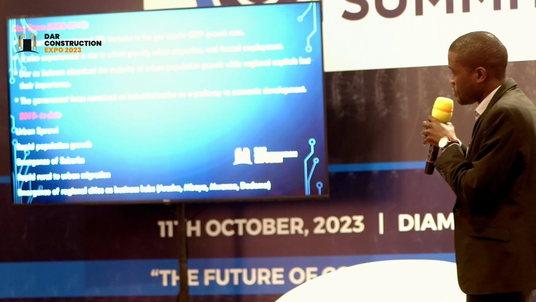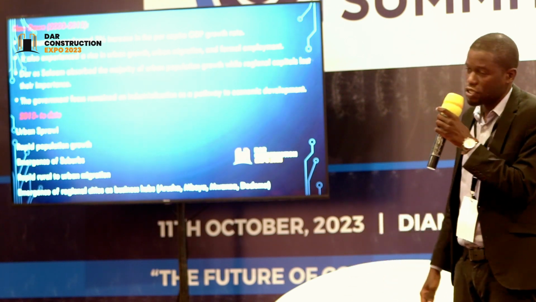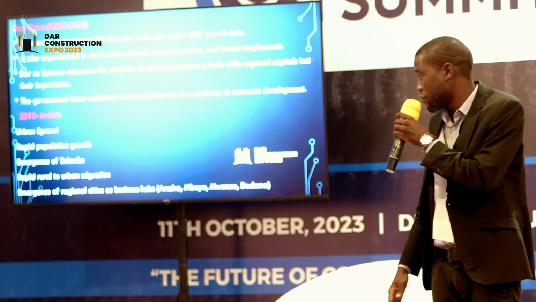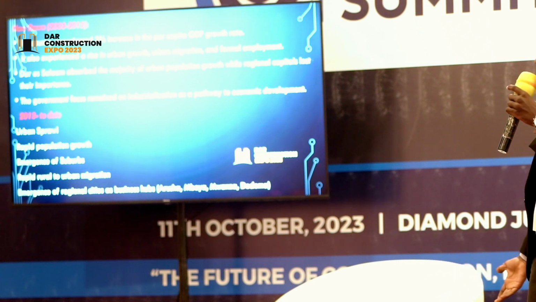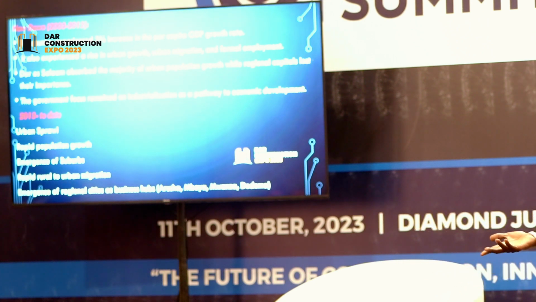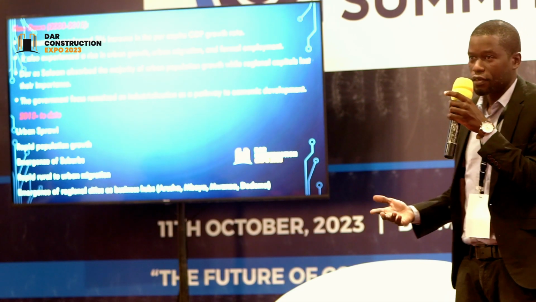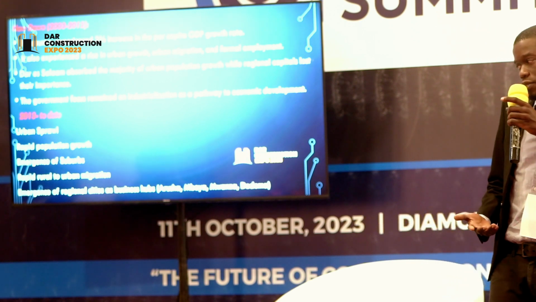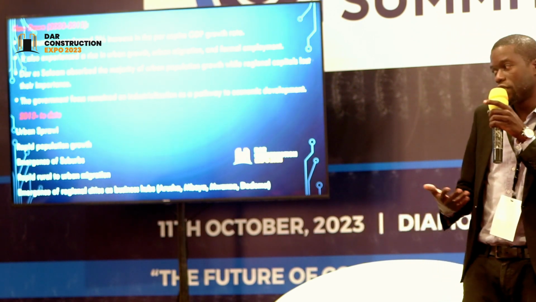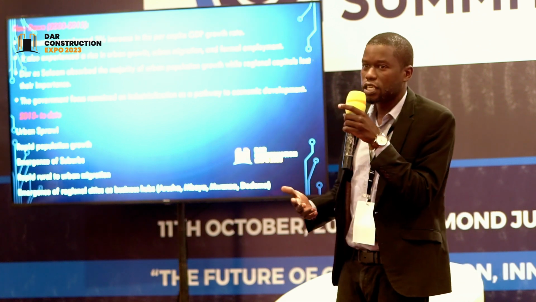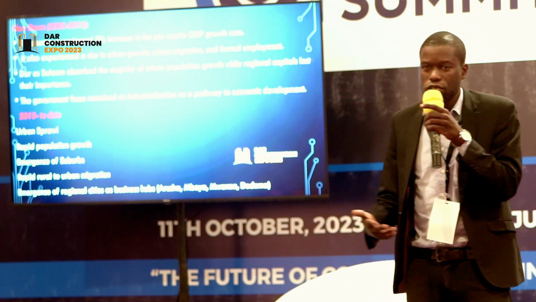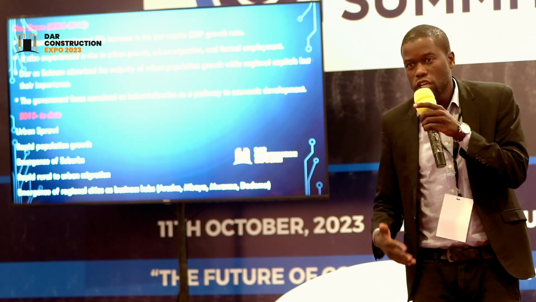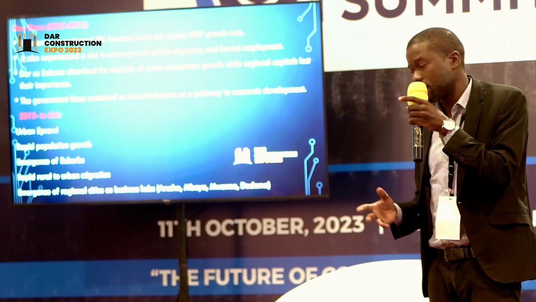And also from that moment to date, we see the emergence of regional cities as business hubs. Places like Arusha, Mbeya, Mwanza, and not to mention Dodoma, which is now becoming a major city, just like Dar es Salaam. In 10, 15 years, Dodoma will be just like Dar es Salaam, because of its importance as the state capital and also a lot of businesses opening there. For example, Shoppers was only in Dar es Salaam, but now you can go to Dodoma and find Shoppers Plaza. That tells you that the city is evolving, and also people are evolving too. So everyone shapes another.